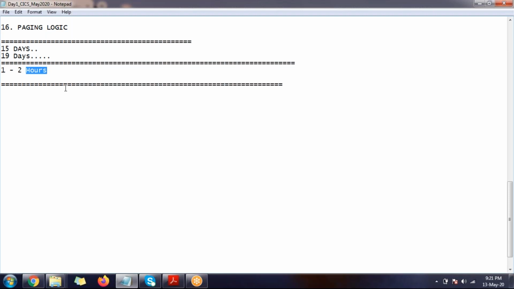What I'll do, team, is create a group for whoever joined CICS. We will communicate there about who is using the ID and so on. If I have more than 10 or 20 participants, depending on the count, I will take that many mainframe IDs. One ID will not be rotated between all of them, so we will be taking multiple IDs. You might have a doubt about how many IDs; that is not important for your team. You will get 2 hours, that I can ensure. So this is all about the training details, team.